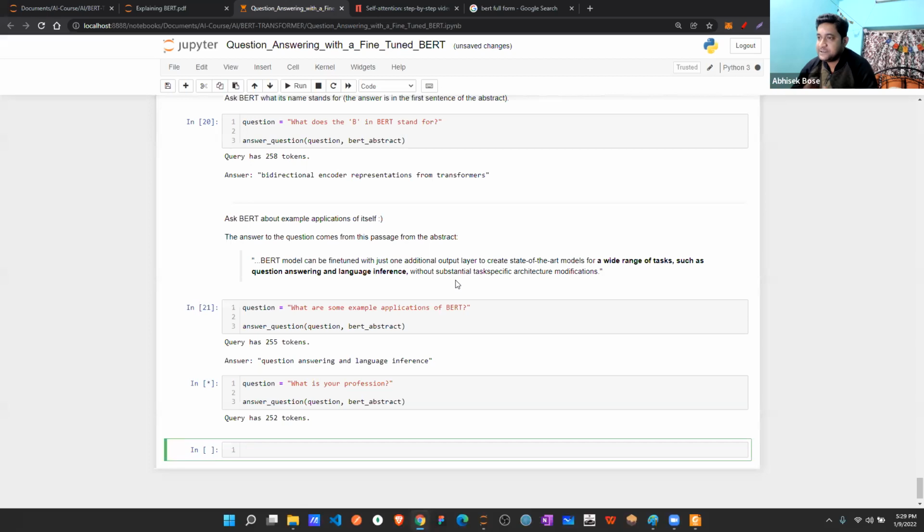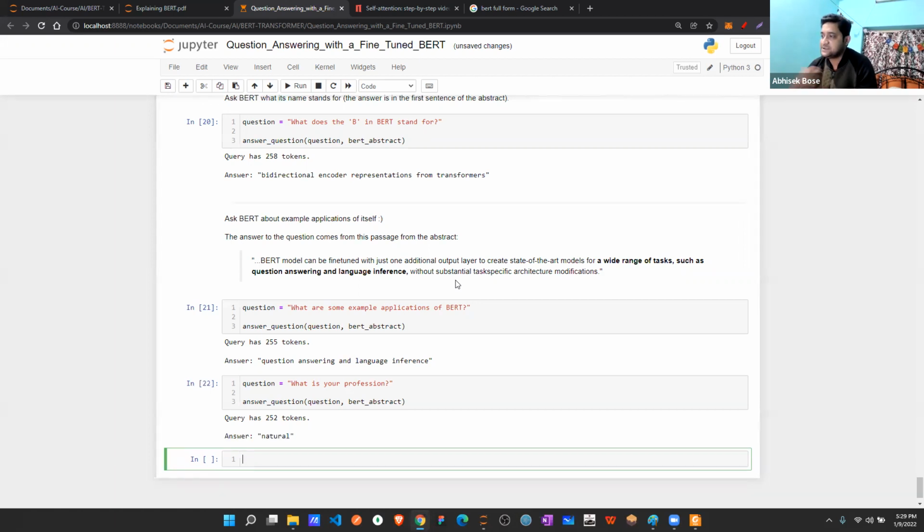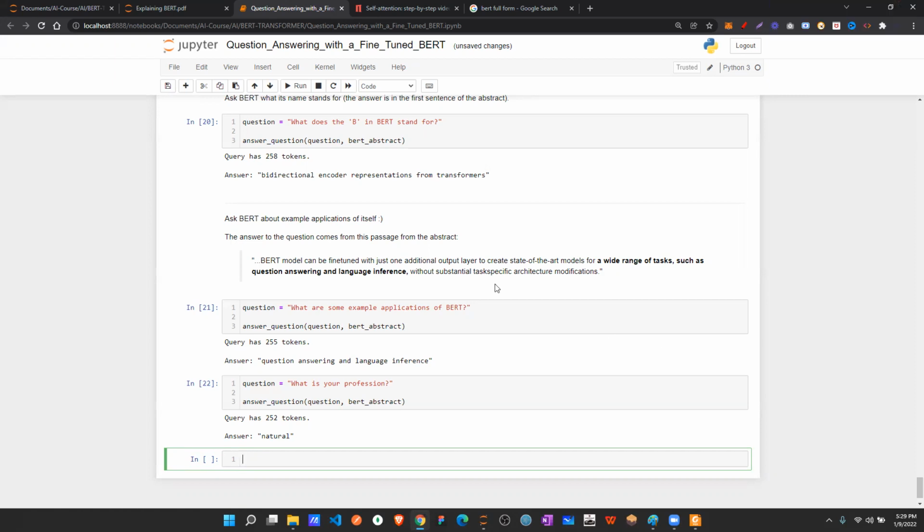It's processing. The query has 252 tokens that it calculated. Now the processing is going on. This is like our end goal, you can say. Once I implement everything, then we can do this kind of thing.